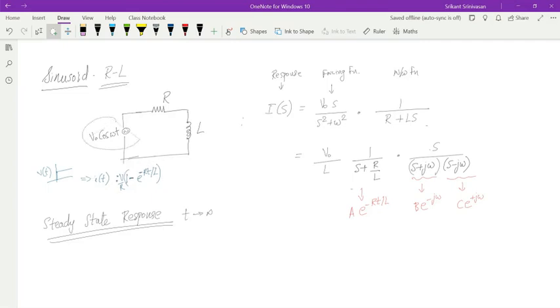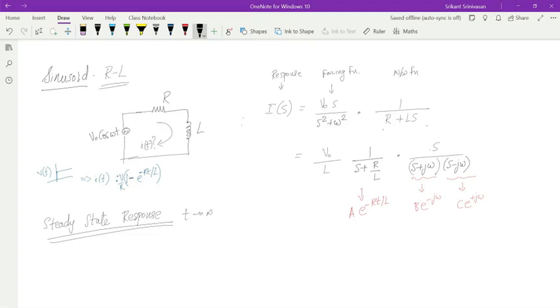Similarly, if I have a cosine input, then I get these kinds of poles in the denominator, and the transfer function of the system will always give me this exponentially decaying function. But I know that if I have a cosine input, then the output of the system will also be a cosine. Output, when I say output, I mean the current. We are trying to find the current transient over here. What is I of t?